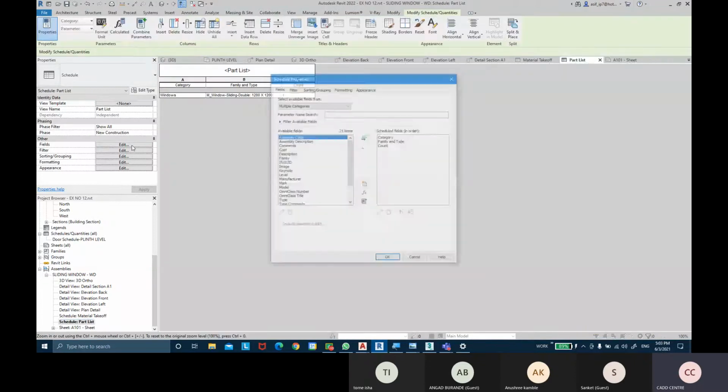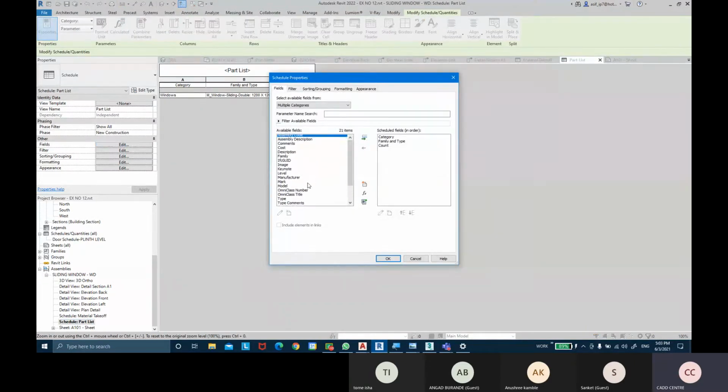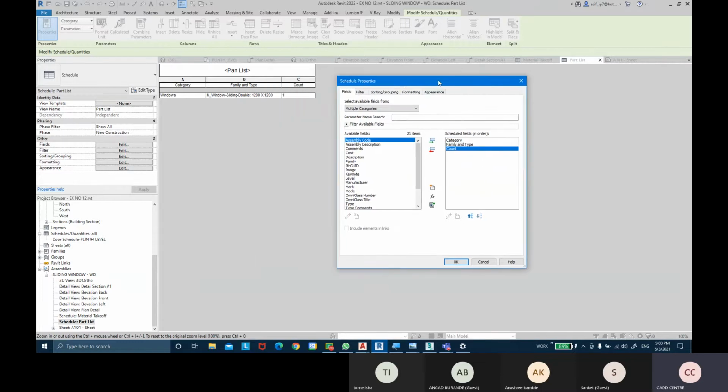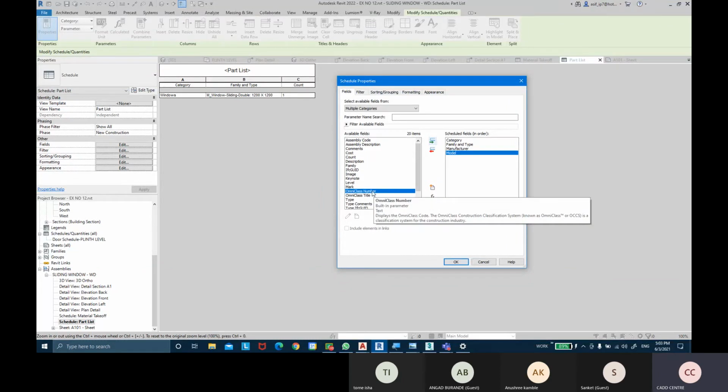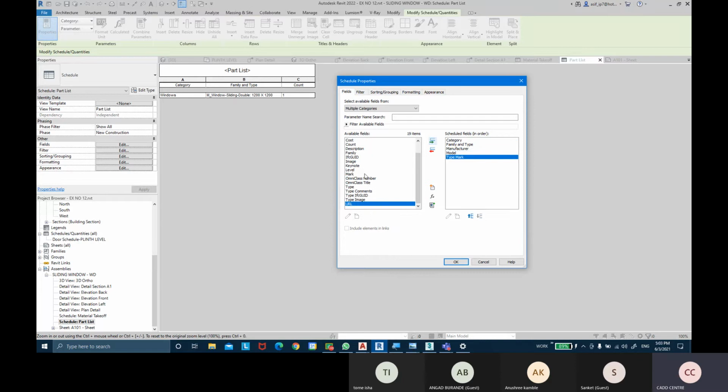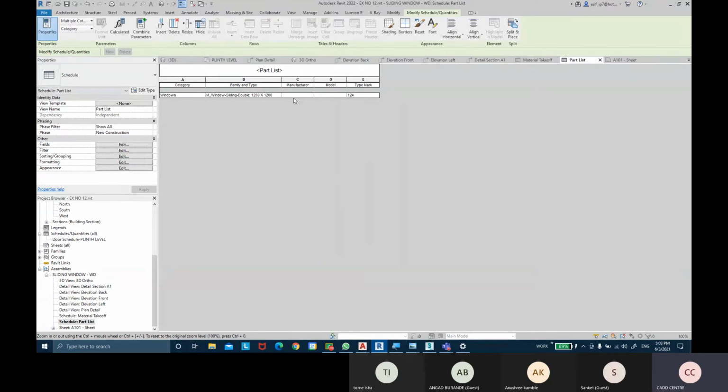If I come into the part list, I can edit the part list also, whatever part list information you want basically. So maybe I want the category, or what category this is. What family and type is this, how much count there is. So I can remove the count. Instead of count, I can give who the manufacturer is, what the model number of the window is. Then what the type mark of the window is. All this information we can provide. So maybe the manufacturer is Saint-Gobain, so we can type the information.